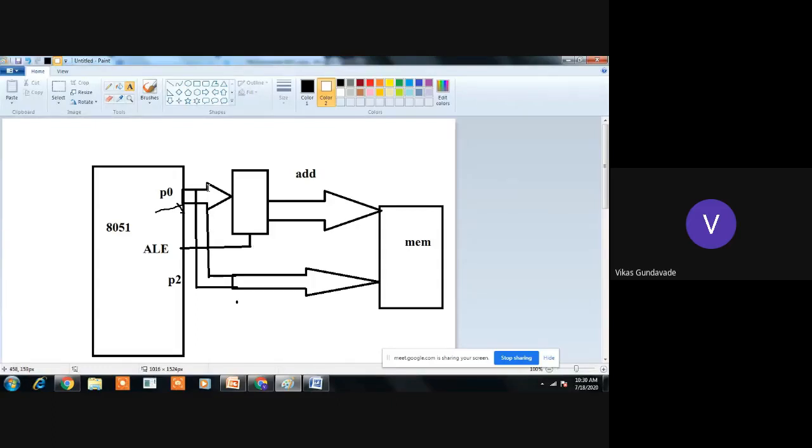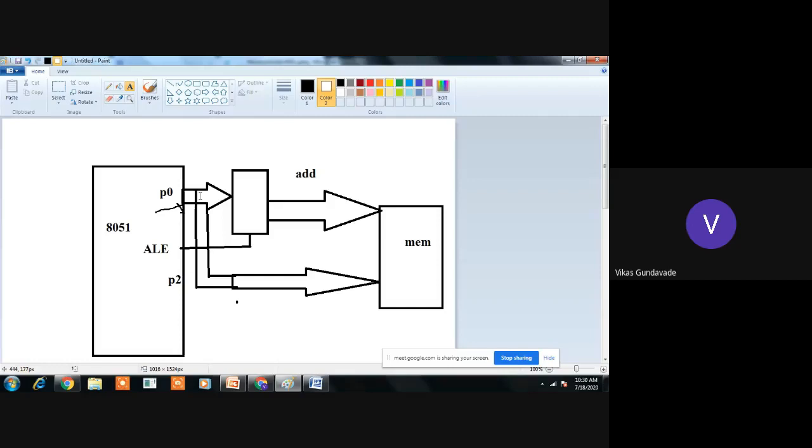So whatever data is available at this pin will get latched and will not get shifted towards the output. When the microcontroller wants to read the data from memory, it specifies the address, and whatever data is available in the memory will get transferred from these data lines, available at port 0, and will be read by the microcontroller. So this is about reading.